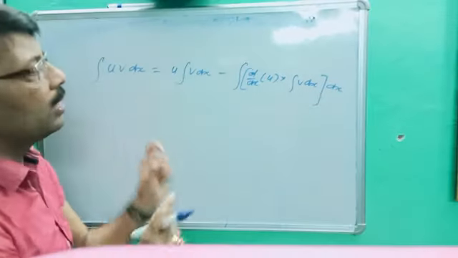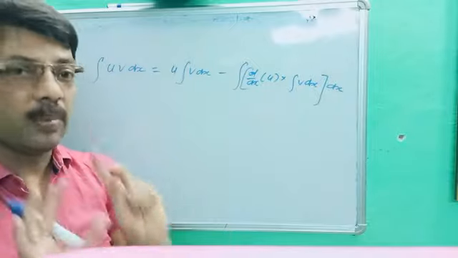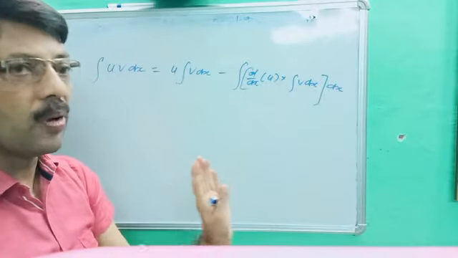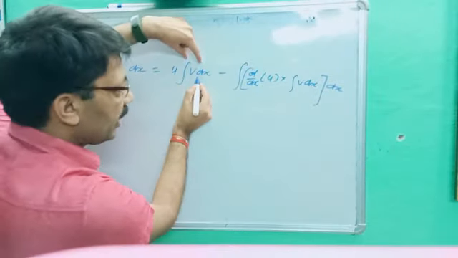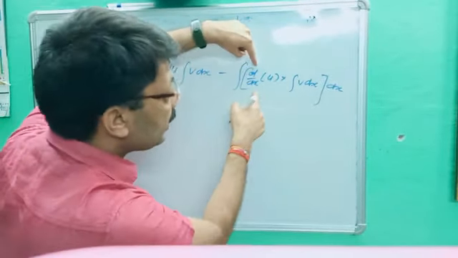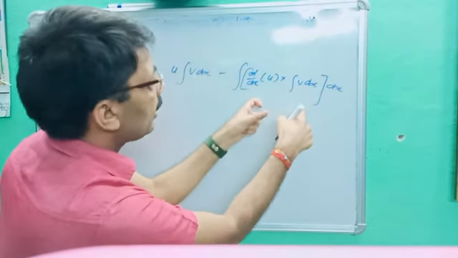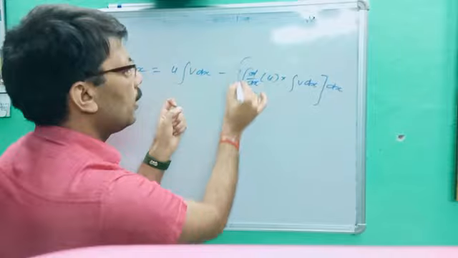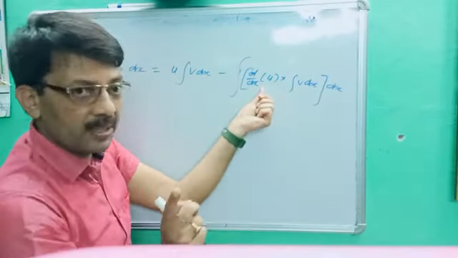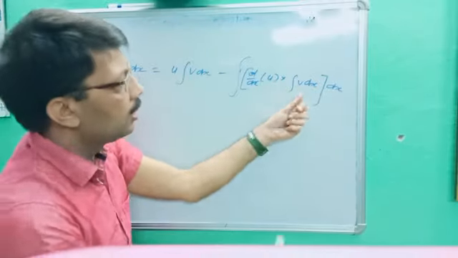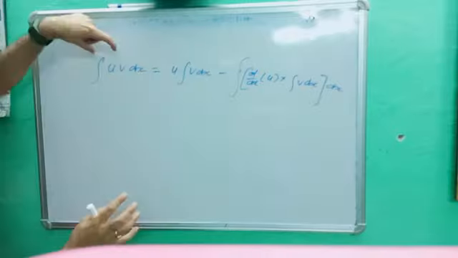This is the formula for u v dx. You have to assume the first and second function first, but keep in mind you have to assume as the second function the one whose integration is well known, otherwise it will be a problem for you. Once again, u v dx is equal to first function into integration of second function minus differentiation of first into integration of second, and what you get inside is a whole integration. So you have to solve all the brackets at last. First you differentiate the first function, multiply by the integral of the second function, and what you get inside the bracket you have to integrate. So this is the formula for multiplication of integration.